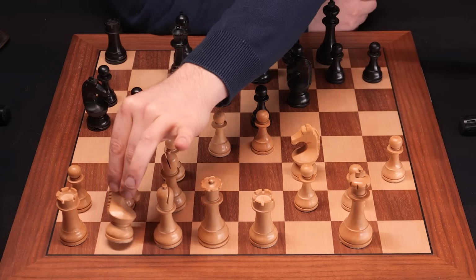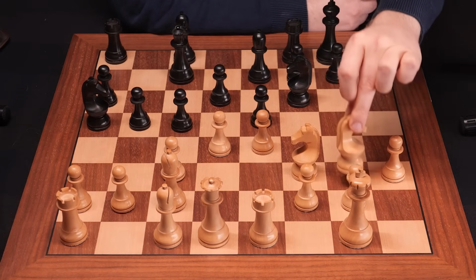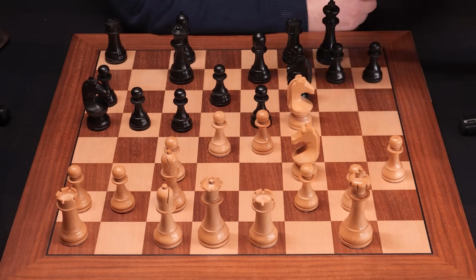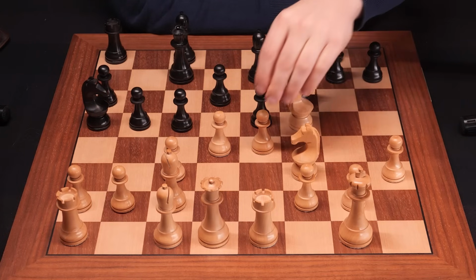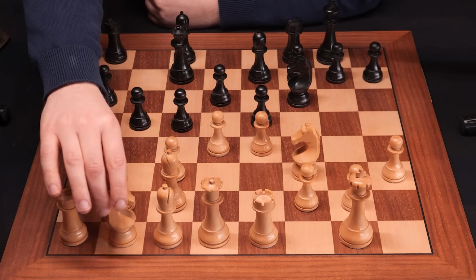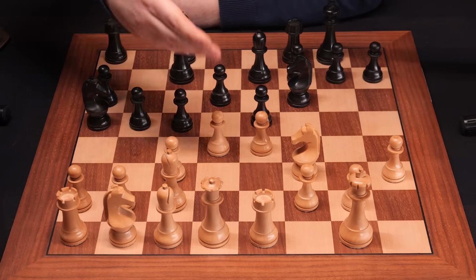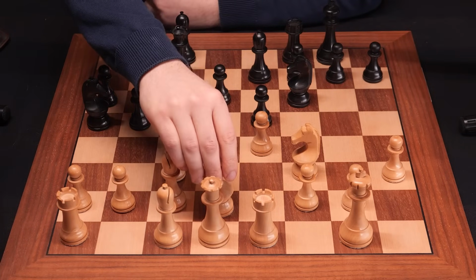So this route, knight D2, knight F1, knight G3, and finally knight F5. That is the way that you are going to deploy this knight. Also, you should know about this knight that in some variations it can change its mind mid-journey and go knight